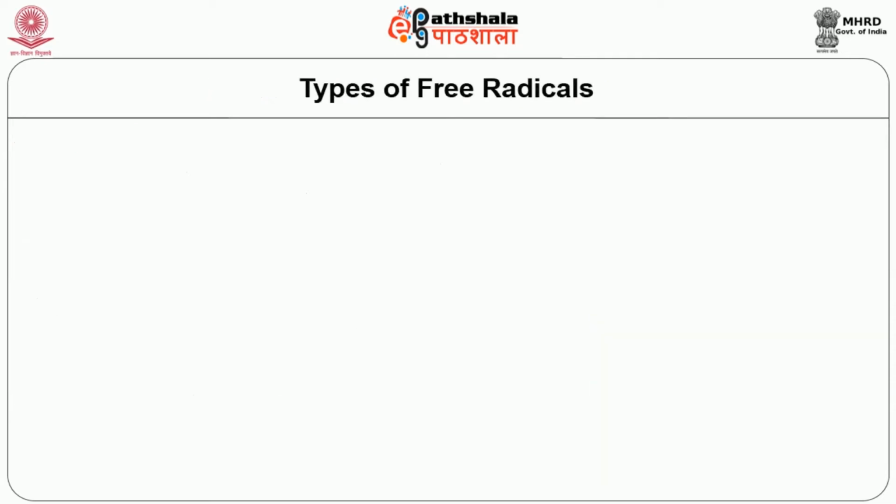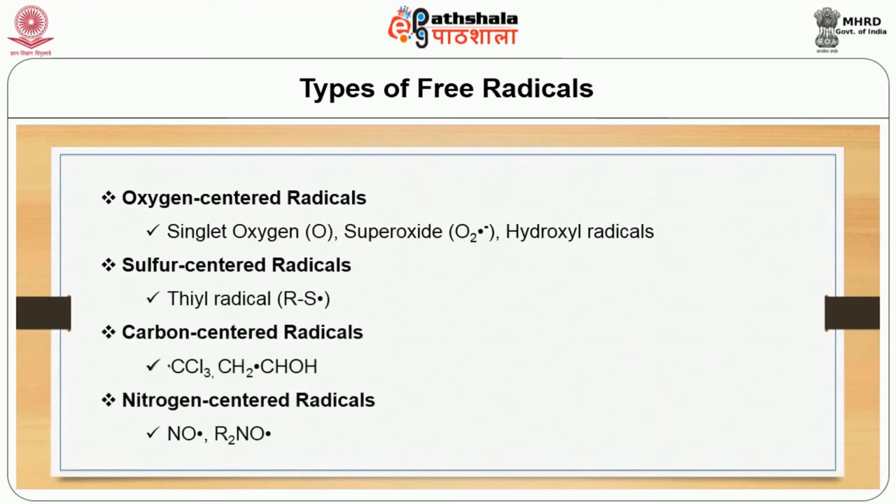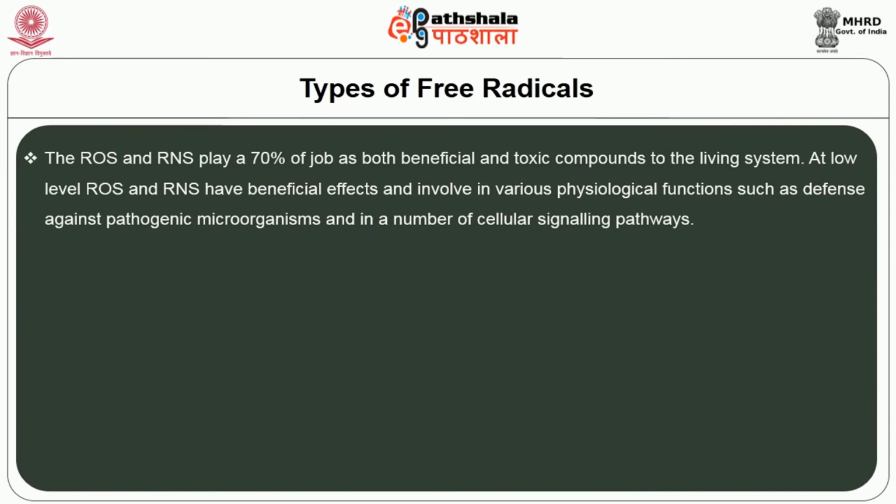Now we are going to see the types of free radicals. These are all the types of free radicals: oxygen-centered radicals, sulfur-centered radicals, carbon-centered radicals and nitrogen-centered radicals. The reactive oxygen species and reactive nitrogen species play a dual role, as both beneficial and toxic compounds to the